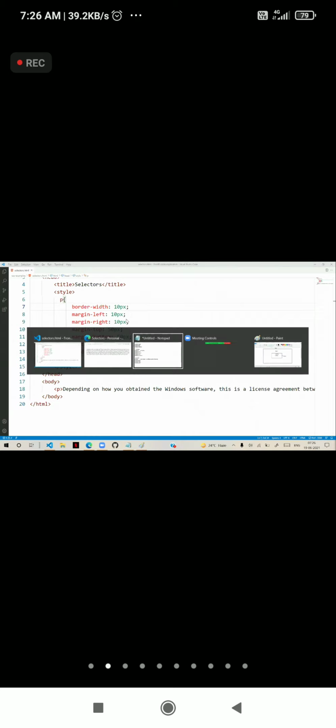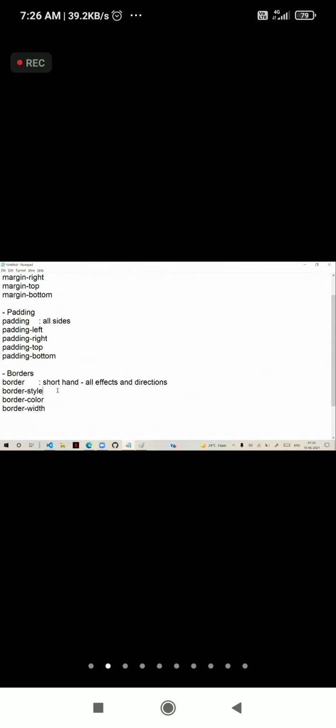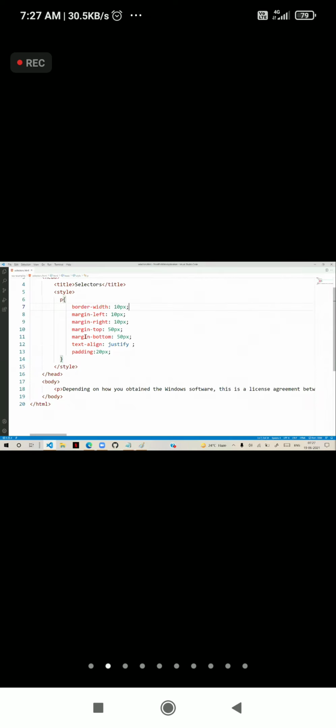And we have border style. Border styles are like solid, double, dotted, dashed, groove. These are all border styles. So you see here, after defining border width, you can't see anything.